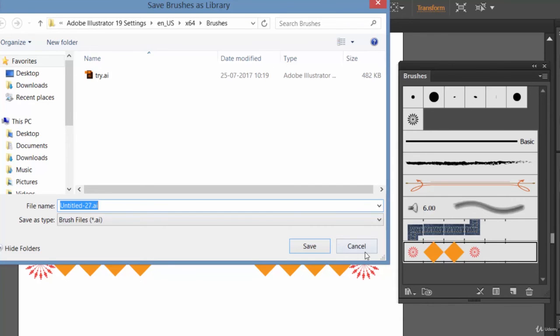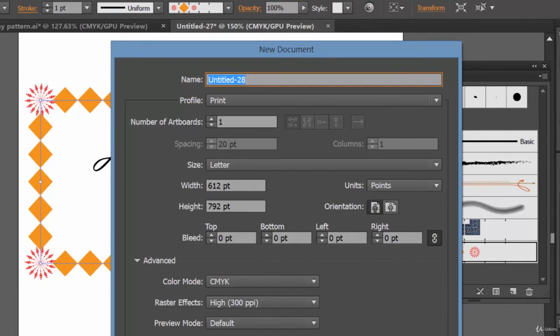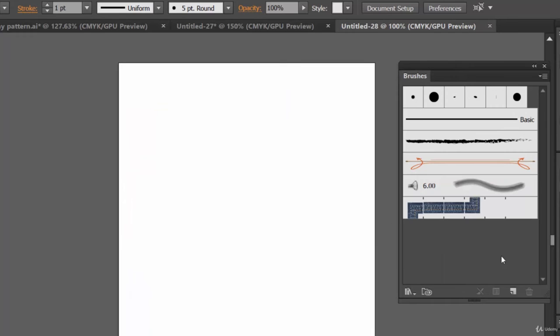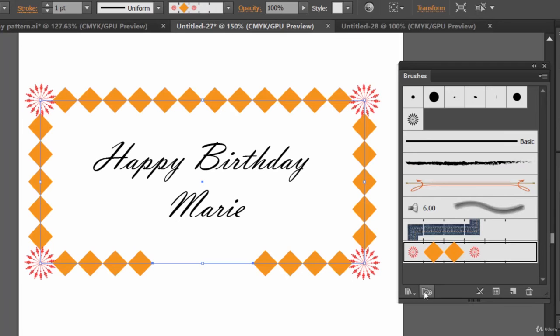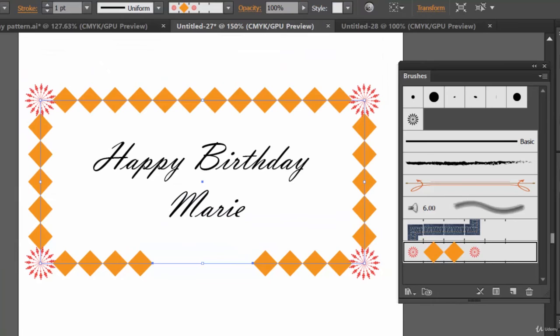Because let me create a new document. And see, now that pattern brush is not there. So what you can do is, let me save this here. Save pattern. I mean, we are saving all the brushes. Let's save it. And let's come here.